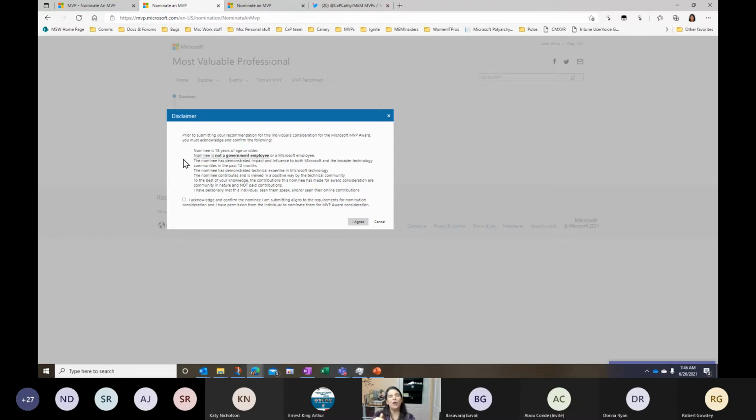And because the MVP program is providing things with monetary value to the MVPs, like MSDN subscriptions, there would be so much paperwork that we would have to do to make that okay, that we just don't do it. So if you could be considered a government employee in any way, we just have to exclude you from the program, regretfully. No government employees whatsoever. And as we mentioned, no Microsoft employees, because we want that strict distinction here.